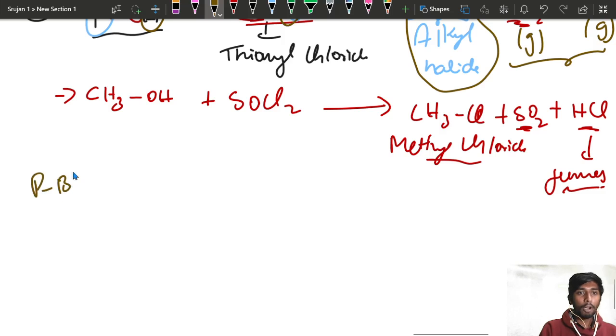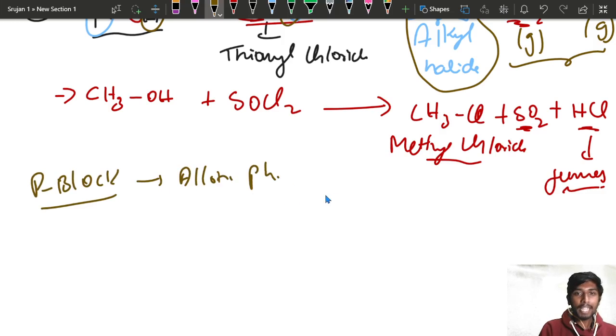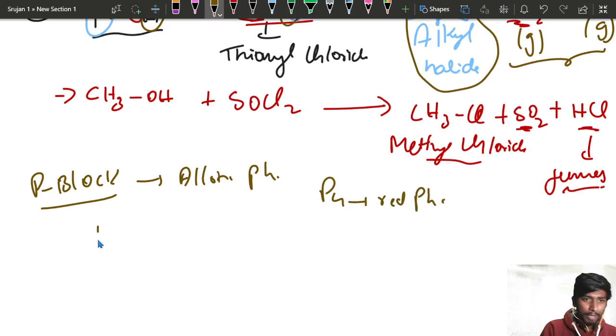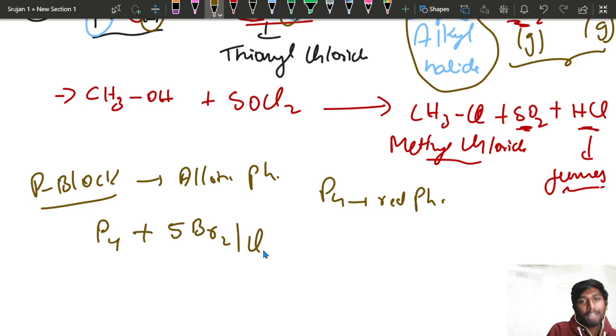In your P block you have studied about phosphorus, right, the allotropes of phosphorus. You studied P4 red phosphorus. We are using P4 red phosphorus and treating this P4 with 5 moles of Br2, or you can treat with Cl2, anything. This gives you 4 moles of